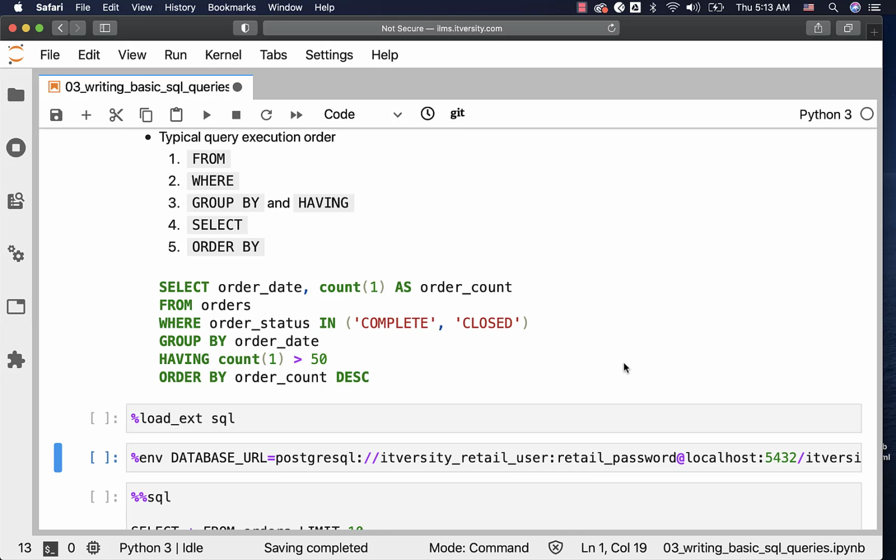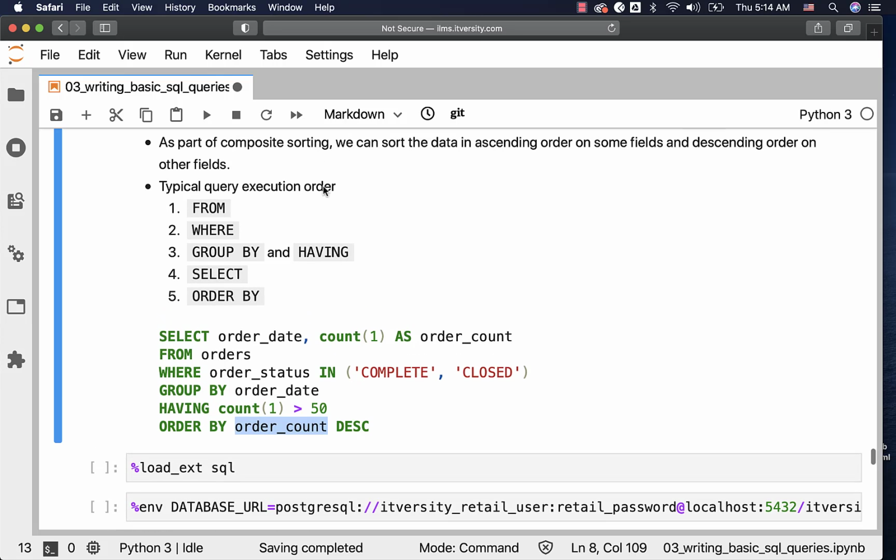It is very important for you to understand this query execution order. The reason is, if you look at the order count that is specified as part of the order by, it is nothing but an alias for count that is used as part of the select clause. The reason why order by is able to use this alias is because order by executes after select clause. In any other clauses, we will not be able to specify this order count because select will be executed just before order by.